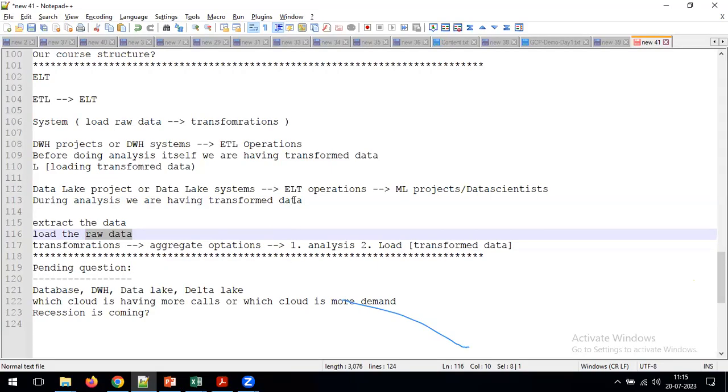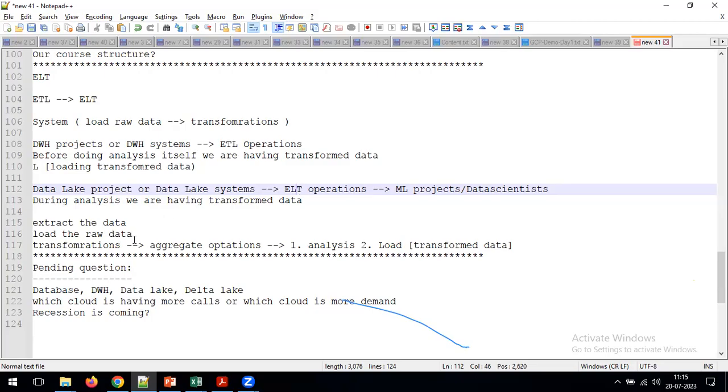Yeah, very good question. If you see here, first we are doing the extraction, then the loading. After loading the data, we are doing the transformation. As part of loading, we are converting all unorganized data into organized format. In the previous example, we converted the text file to a table, the XML file to a table, and the JSON file to a table. After that, we applied our aggregations, joins and so on, and based on that we loaded the data.